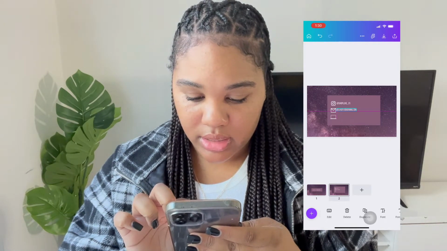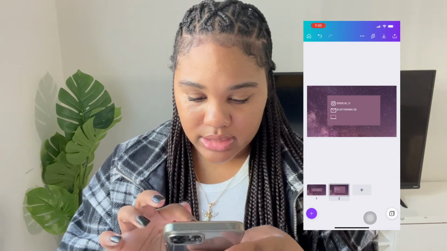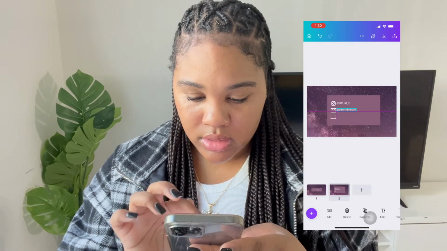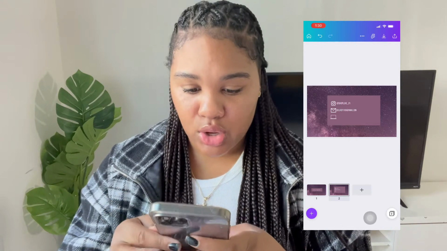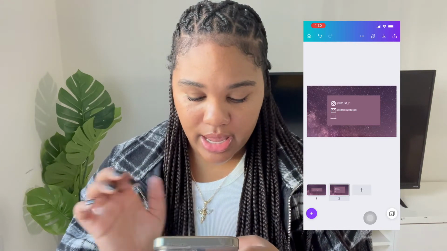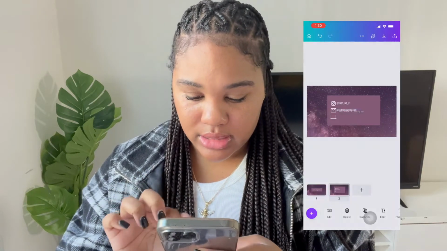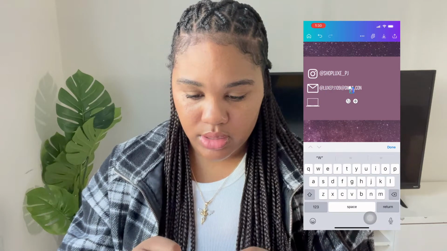Let it align with the other one. All right, cool. It's up a little bit. Let's bring it down some. Bam, cute. All right, so let's do our website at the plus sign. And let's add a little bit of body text, hit edit, backspace, and I'm gonna do